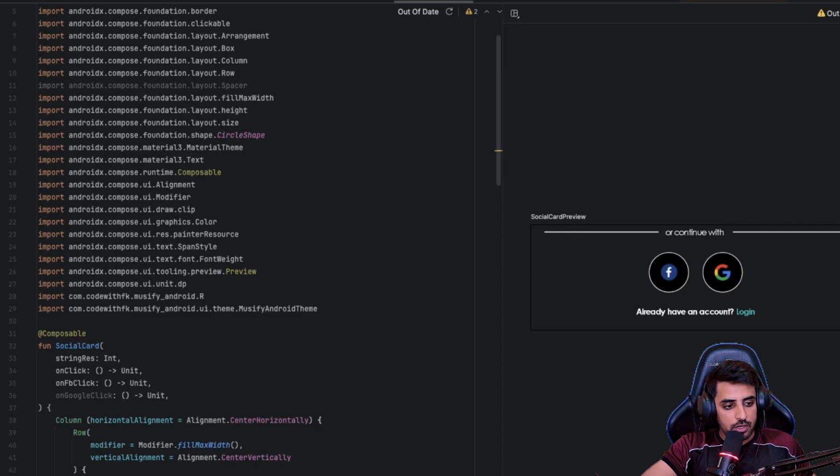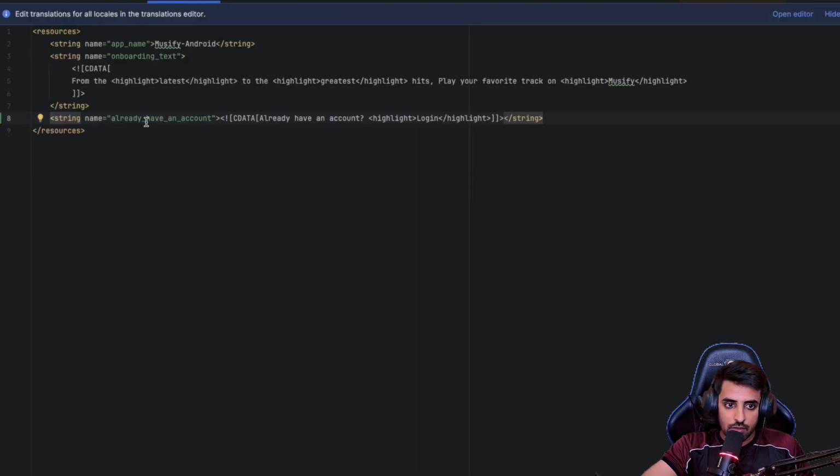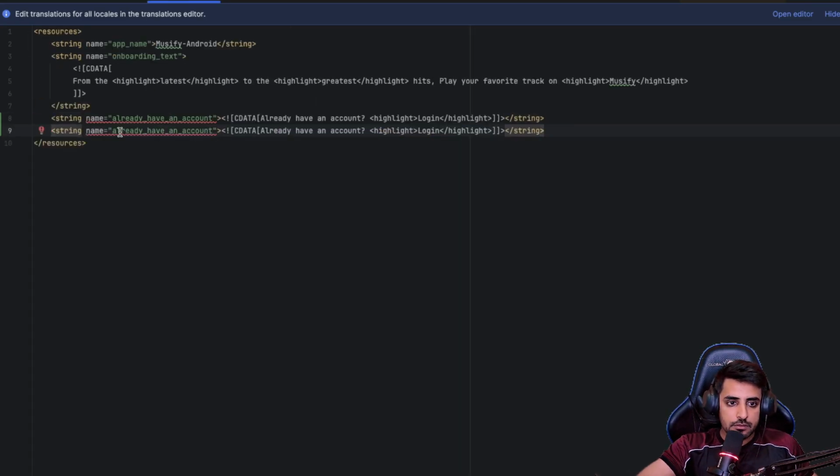So now we need to go to the values.strings.xml, and now this is for already have an account, and the other one is going to be don't have an account. Okay, so I'm going to say don't have an account. Should we say don't have an account? Okay, so I'm gonna say don't have an account, and then rather than using login, it will be using register. Okay,